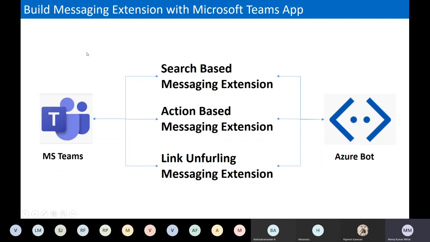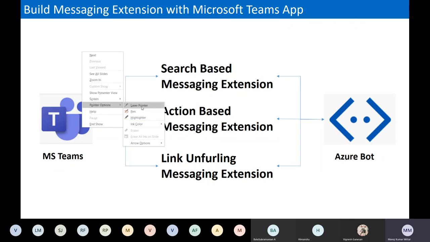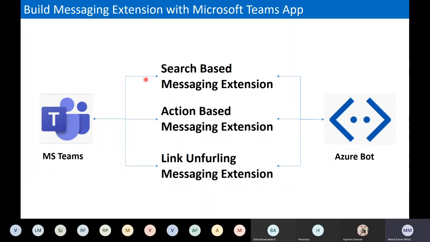As you can see on my screen, messaging extensions have three types. Two are the important ones here, starting with the search-based messaging extension, where we do any search activity on the web interface and get the results. The action-based interface is when a user wants to perform a particular action while a conversation is happening,